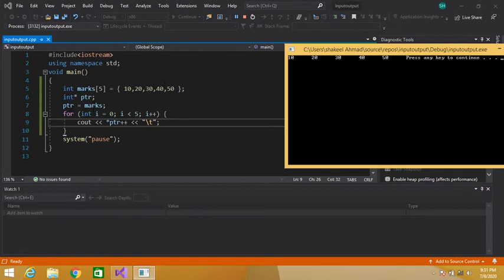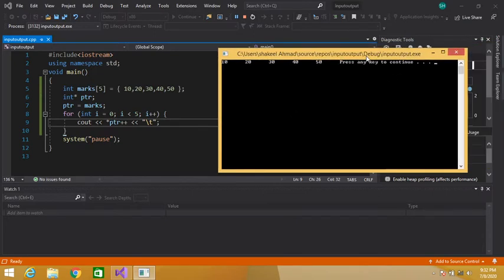Now the address of the first element is stored in ptr, and then I am using a for loop to iterate through these elements using the pointer. I have used the dereference operator to print the values, and then I am incrementing the value of ptr each time for each iteration of the loop so that each time the next value is displayed.